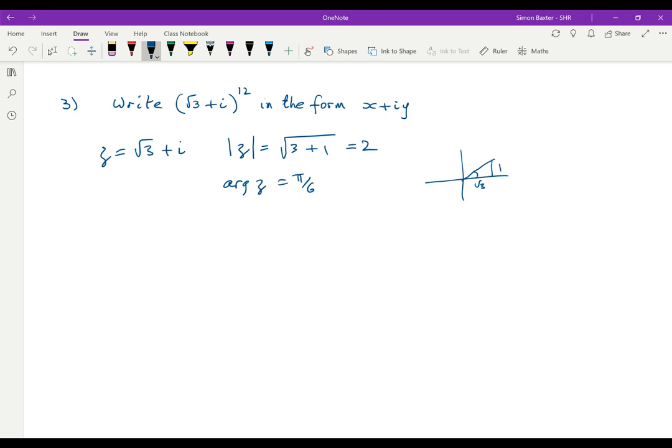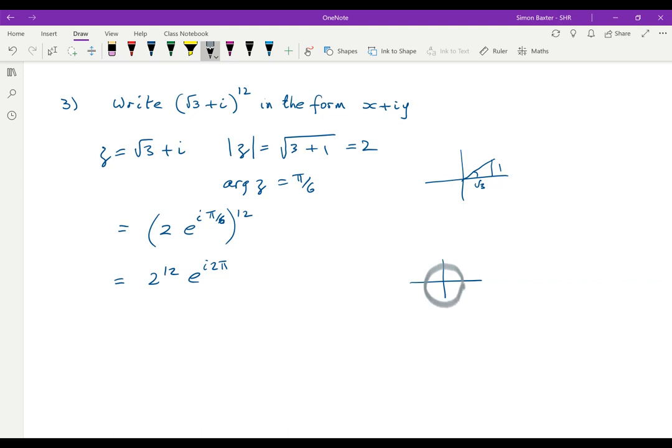So now we are looking for 2e to the I pi by 6 to the power 12, 2 to the power 12, e to the 12 times pi over 6 is 2 pi. So now we can think of something which has argument 2 pi and modulus 2 to the 12,